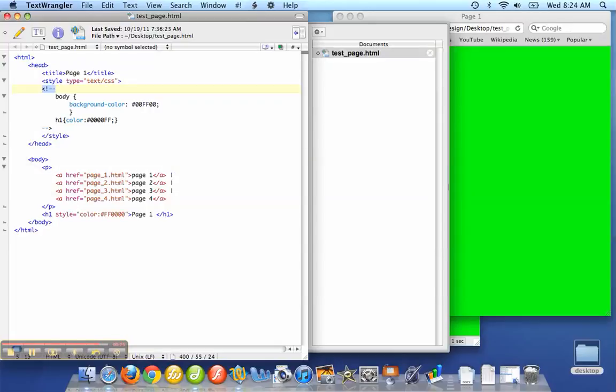It's a less than sign, exclamation point, dash dash, and then you have the closing one, which is a dash dash greater than symbol. Now here we have the style, and it says that the body of the page, which is all this over here, the background color is green, RGB. The first two numbers are red, the second